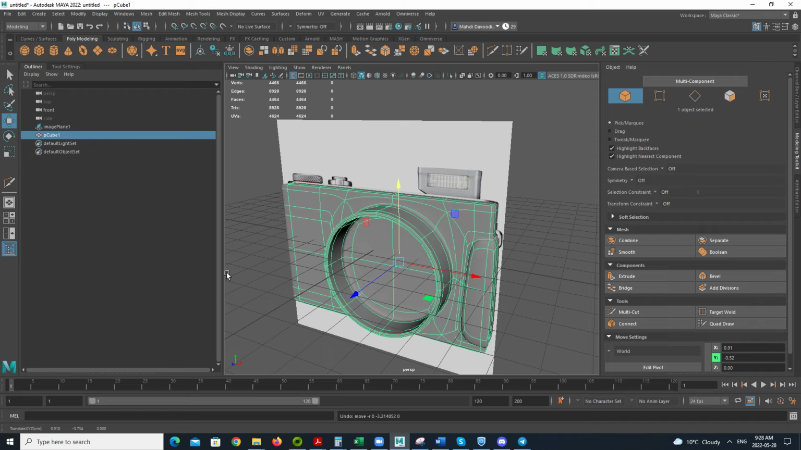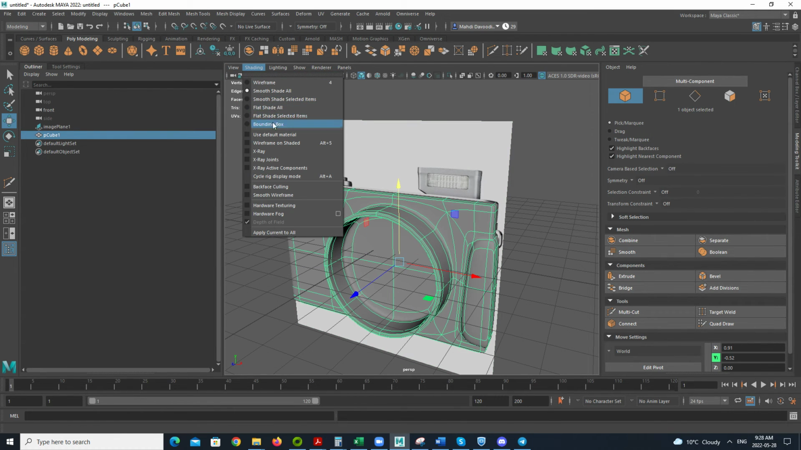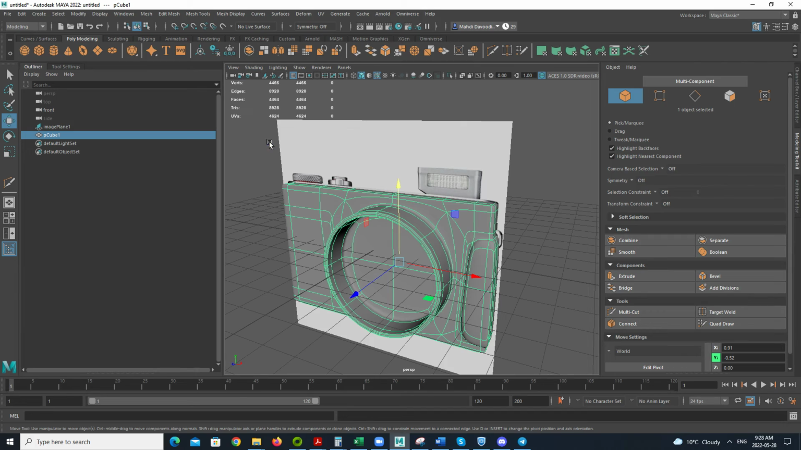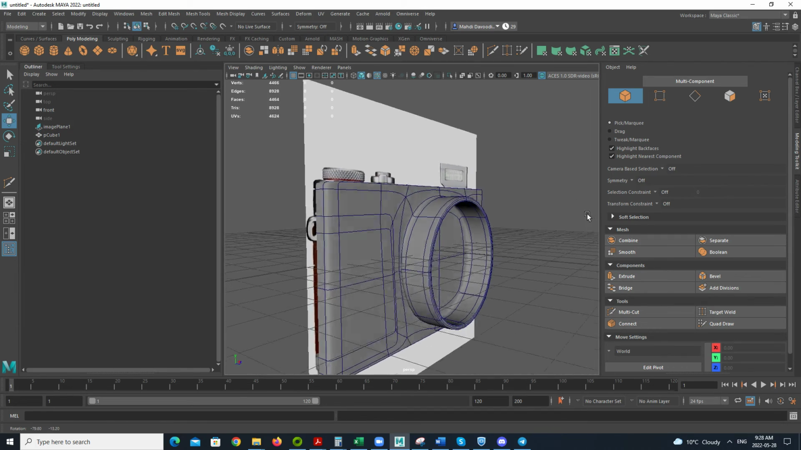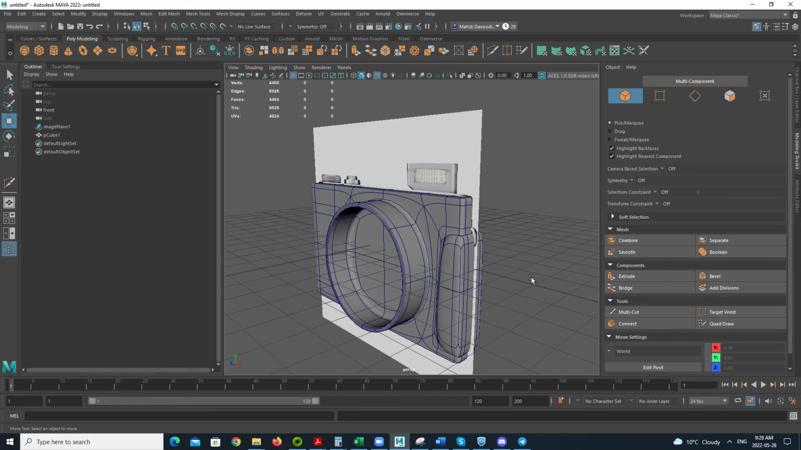Yeah, and for submission, go to view, shading, and then wireframe unshaded. That will show the wireframe on your model. That would be enough